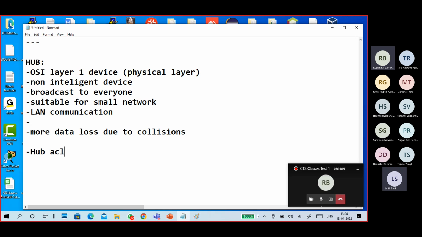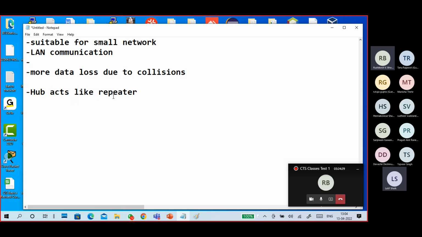Hub acts like a repeater. So what is this repeater?